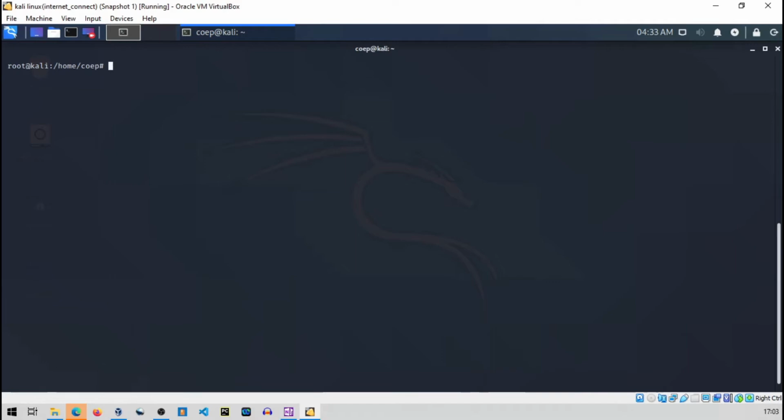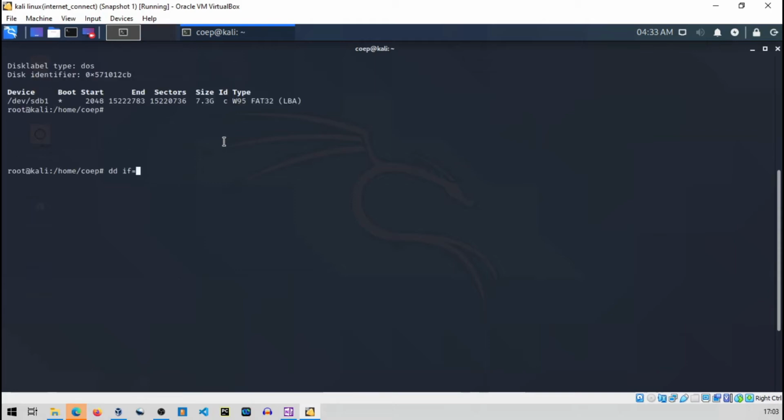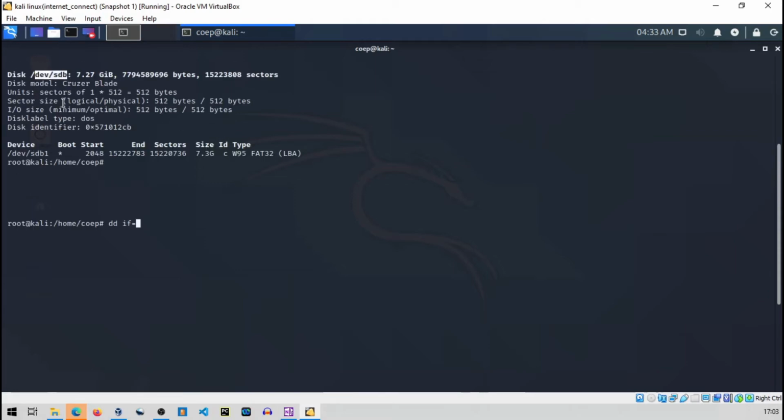Now let's go with our first command. First of all, dd is pre-installed in Kali Linux, in every Linux, and even in the SANS SIFT virtual machine. So you don't have to worry about installation. It's already installed in your machine, so we can directly use it. So dd, input file, if=, and what was my pen drive's name, /dev/sdb, right?